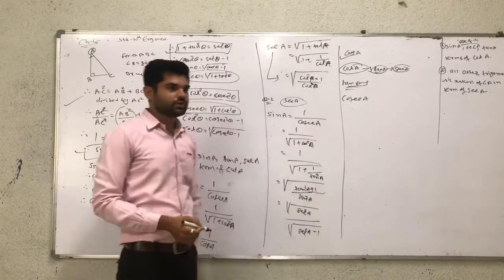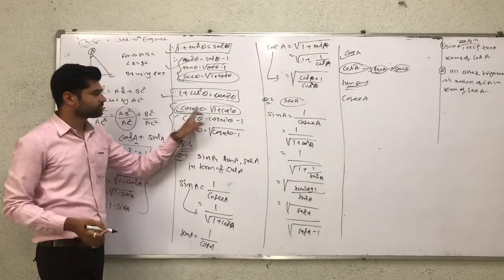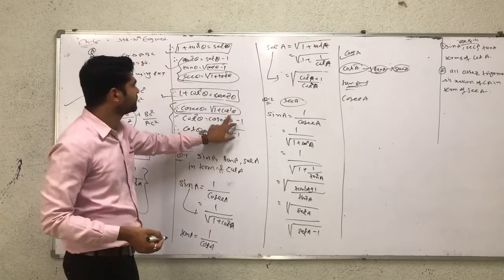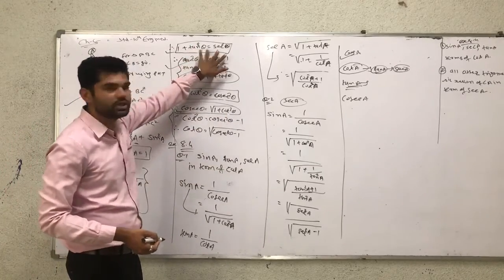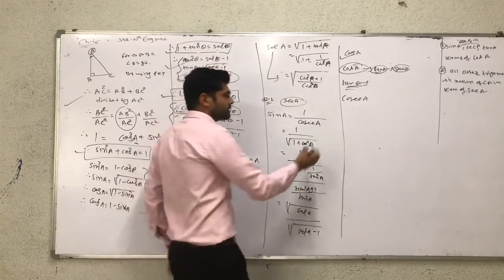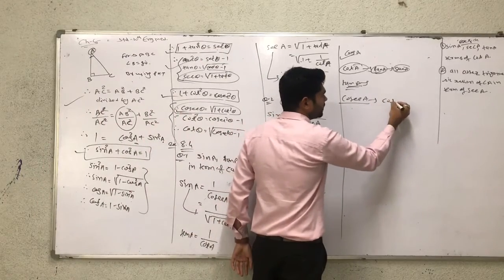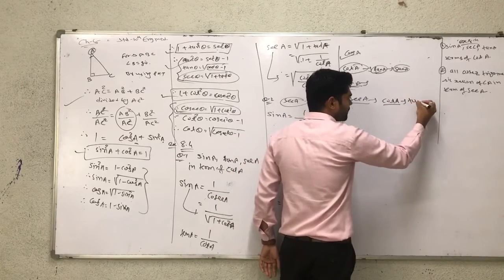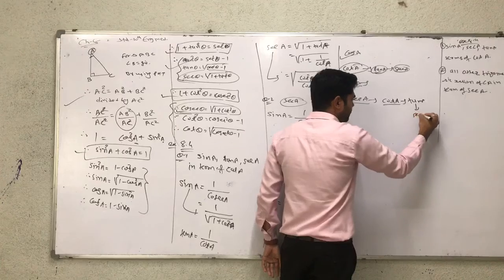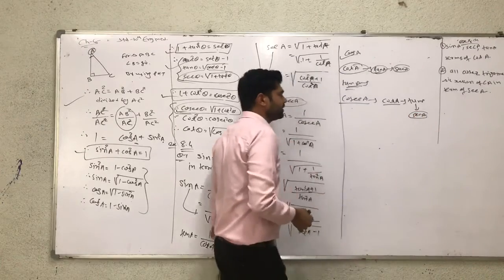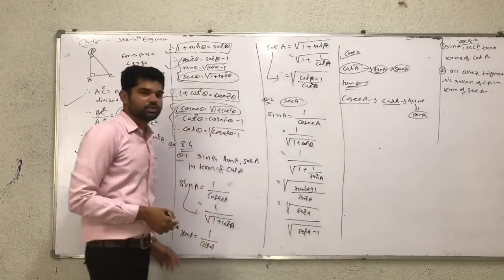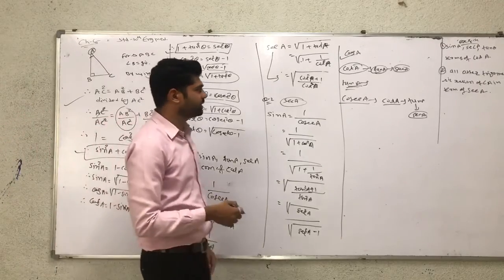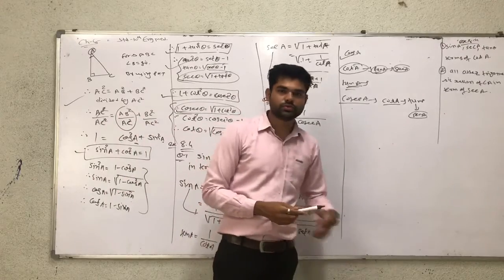Now cosec. First cosec is converted into cot, and cot means the reciprocal of tan. So now tan is converted into sec. So first cosec is converted into cot A, converted into tan A, and then tan A is converted into sec A. Using these trigonometric ratios and these equations, you have to solve question 1 and the remaining question 2. So thank you friends.